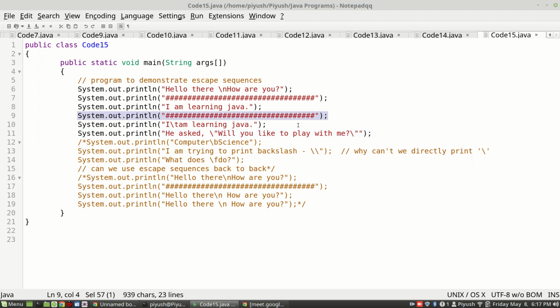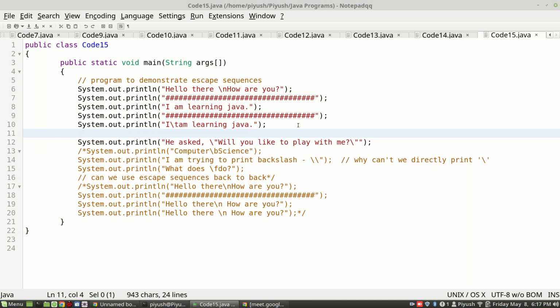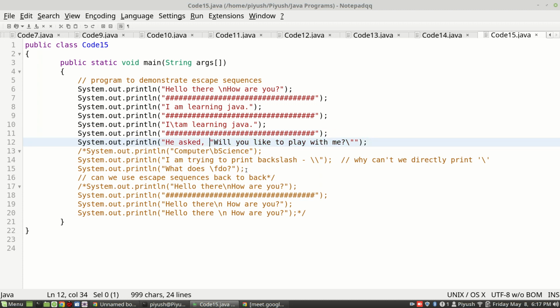To separate the output of the previous escape sequence, I'll put this. Now let's say if I write that way, he asked, comma, and then you intend to print this portion in double quotes, so I have written it as it is, and then one more double quote.